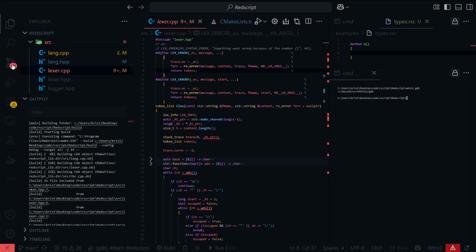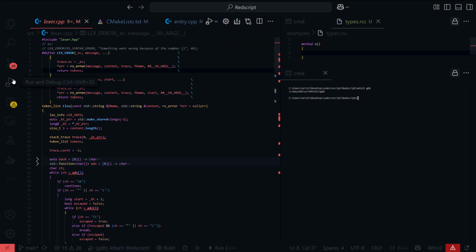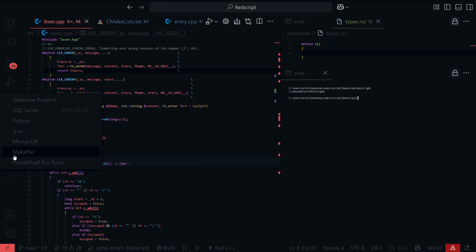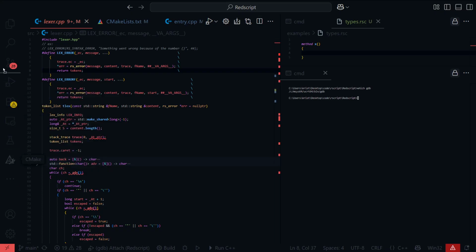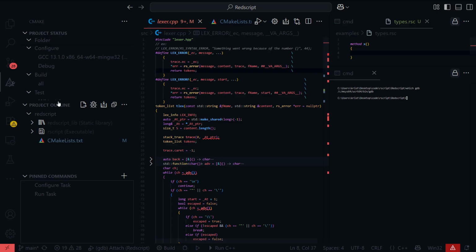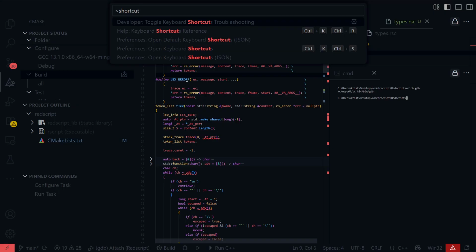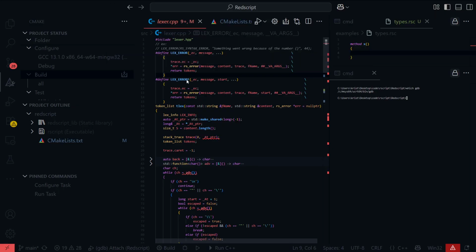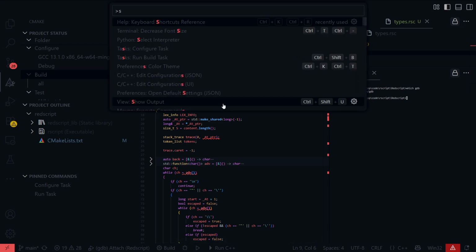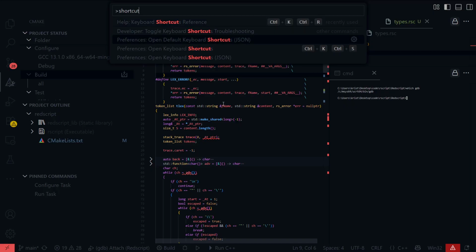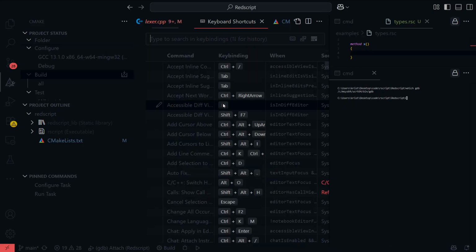Okay. Alright, so now how do I put that on a key? Okay, so run and debug works fine, I think. And then CMake is, well, let's bring it up. Somewhere like below version control. And build, can I like... Shortcut. Oh my god. What? No. How do I configure a shortcut? Open keyboard shortcuts. Thank you.